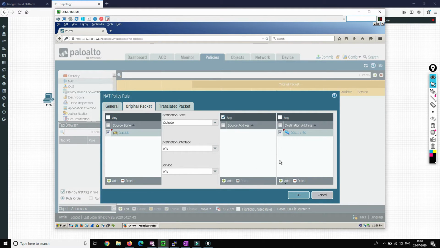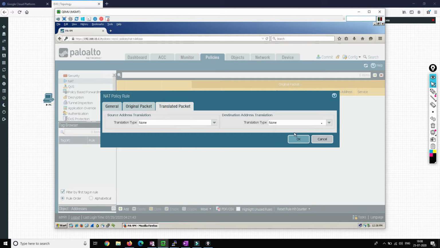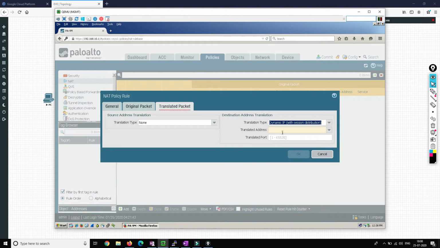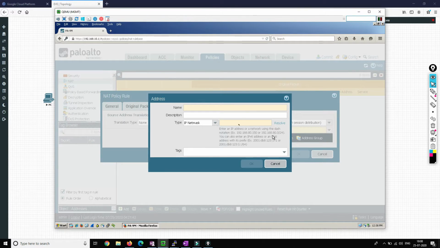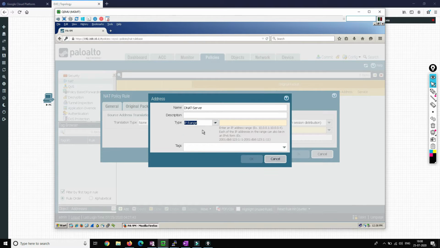Okay, so we'll go to translated packet. As this is a destination NAT, there will be a session distribution. So we'll create an address. The name will be DNAT server, and we can give any name. Here we have to define a range.